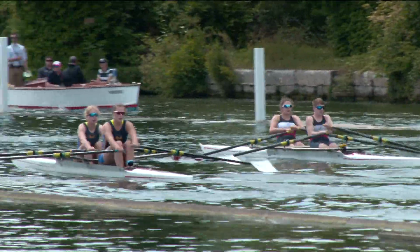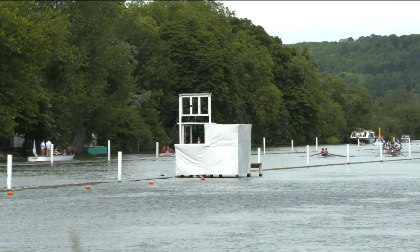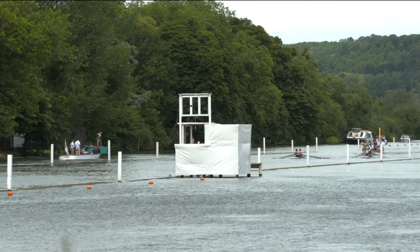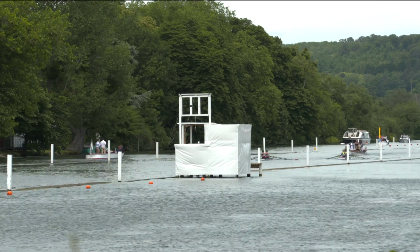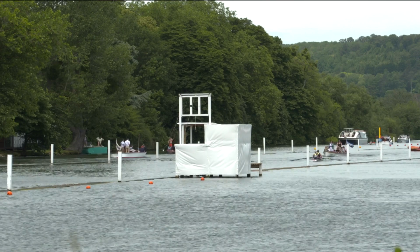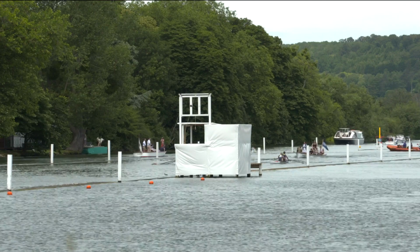Very good style. Heads moving about a bit, but as we said earlier, I think people worry about heads. Maybe they worry about them too much. It's all about how the blade work goes in the water. And you just saw the umpire warning City of Oxford again to get back onto their side